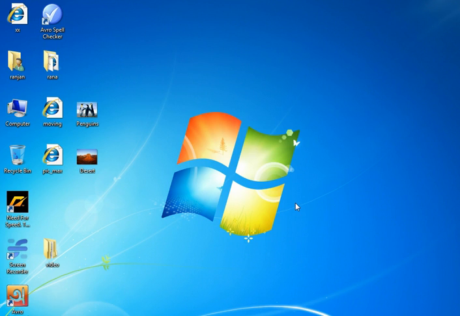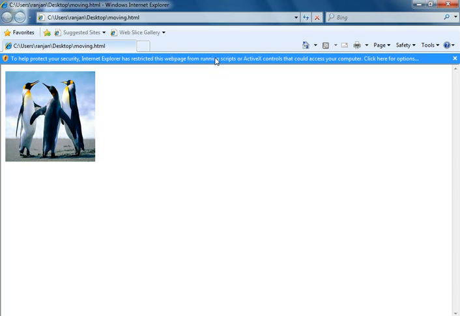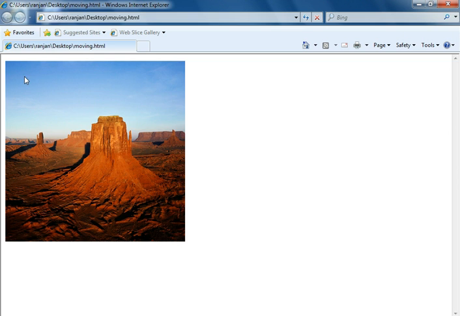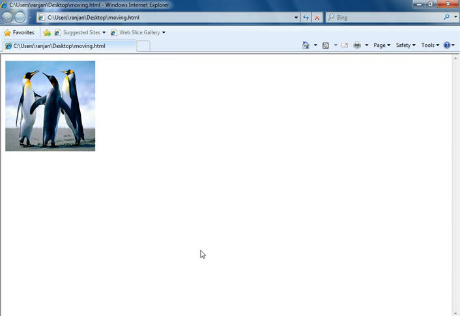Today I am going to start you on a small animation project. At first I am showing you the output of this project. You can see that if I mouse over on a picture, then the picture is going to be maximized and the picture has been changed. If I mouse out from the picture, the same picture is restored.